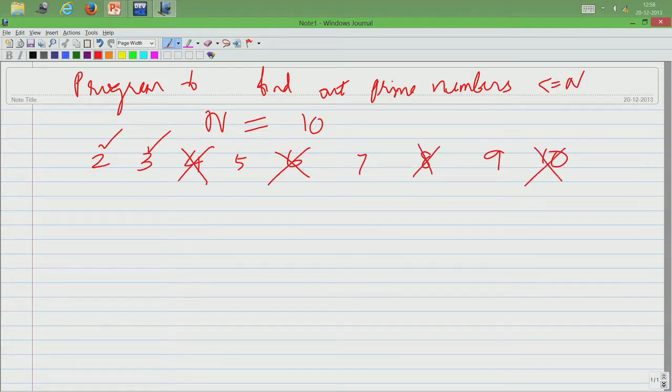So, I am going to start with 2 and 3, and I have all the odd numbers that are less than or equal to n. In this case it is 2, 3, 5, 7 and 9, and of these I already know that 2 is a prime number and 3 is a prime number.